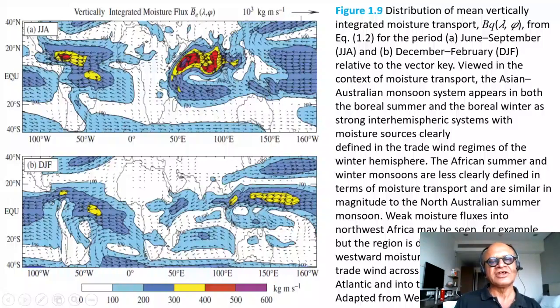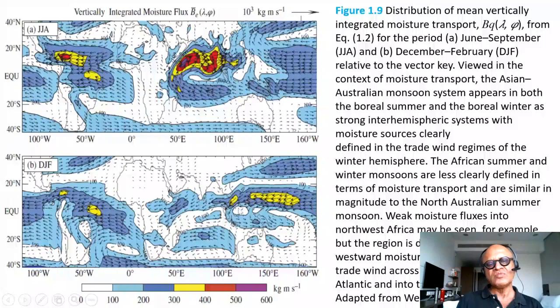So the ITCZ runs through here, and you can see the kind of the trade wind pattern that's fluxing moisture towards the west, which is the warm pool region here. Remember, the sun is to the north, so the warm waters are to the north here. There is circulation and rainfall over the maritime continent. A lot of moisture being picked up from the southern tropics across the equator into the Indian subcontinent,